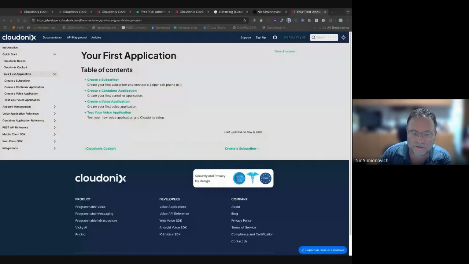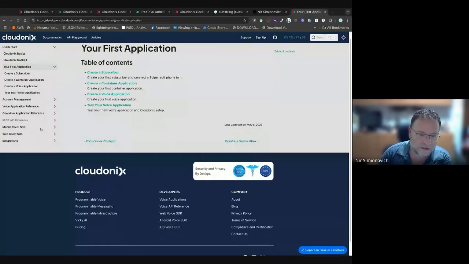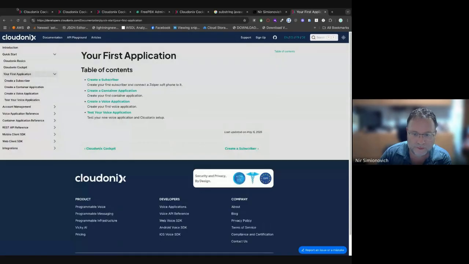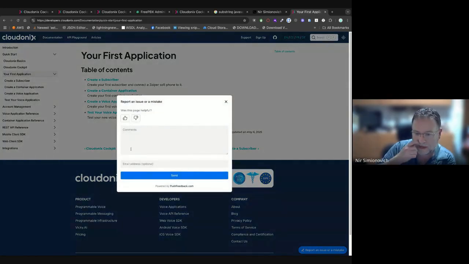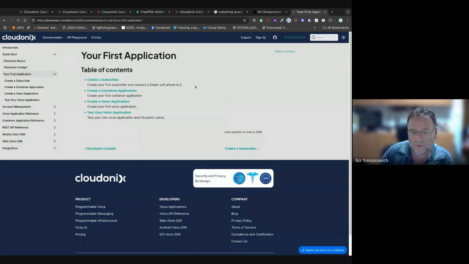On our developer website, you see there's a lot of information. It doesn't look like much, but there are over 300 different pages of information. It is very, very extensive. If there's something you don't know how to do, or you are unsure, the best place to ask questions will be our Discord. But if there is a page here where you have no idea what it means, then always click here and say, I'm on this page and I don't get it. It's not that clear. This way we can always improve.